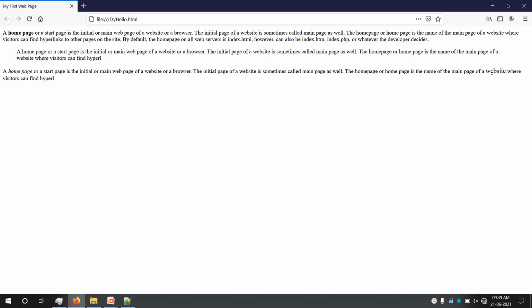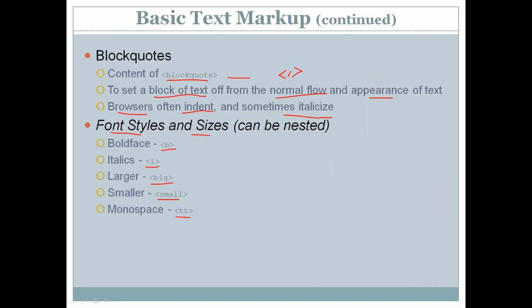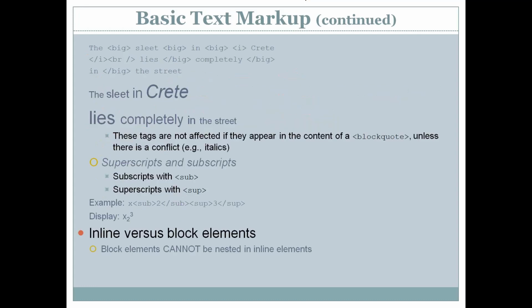This website word has been added in the big tag, so that makes your text look a bit larger. In the same way you can go for the other tags which we have studied, that is small, even monospace. If you are using it, it simply changes the font and it uses teletype font. So this is how the font styles can be used.